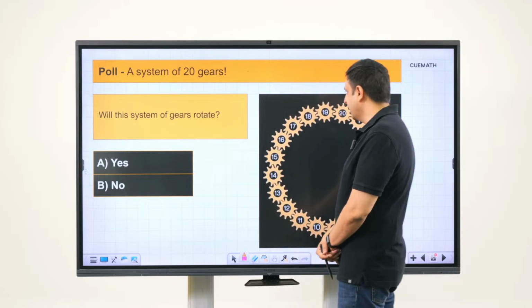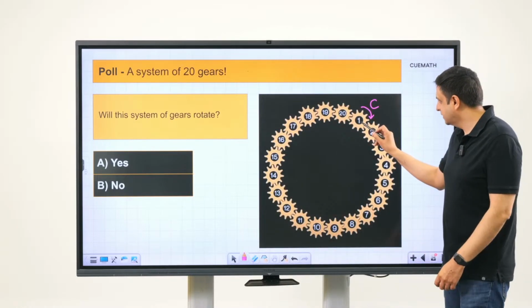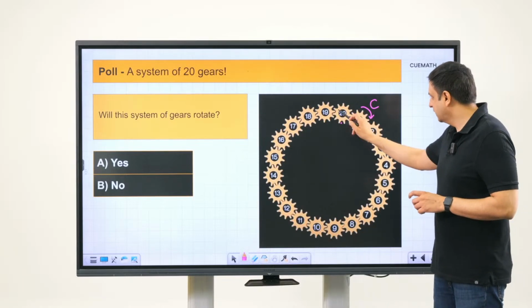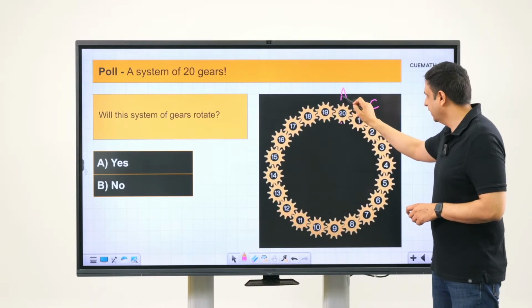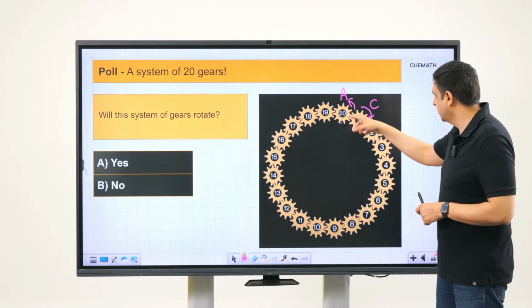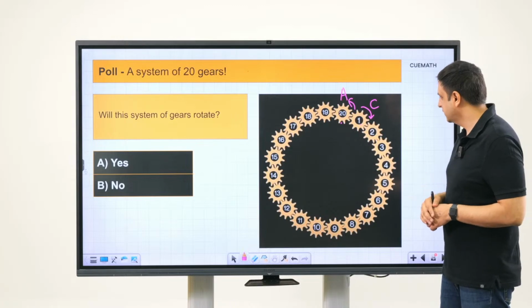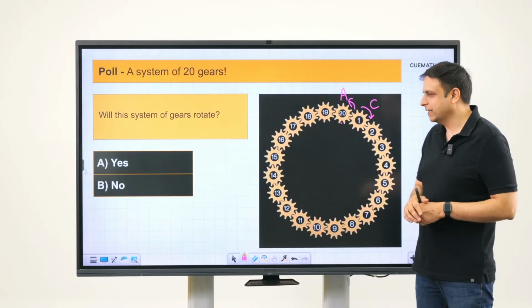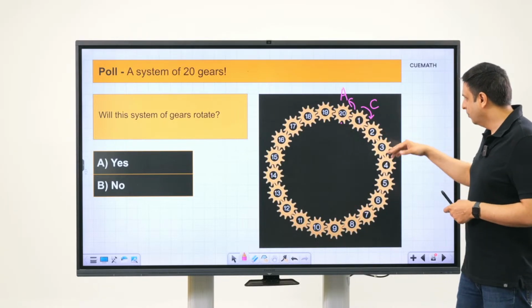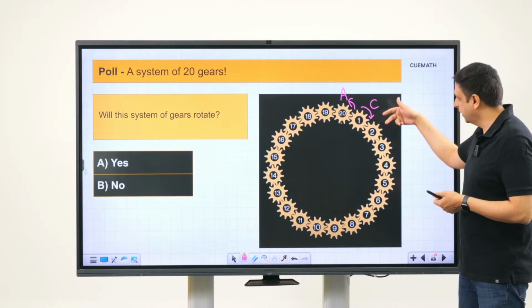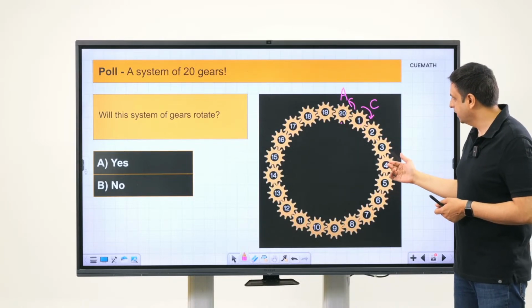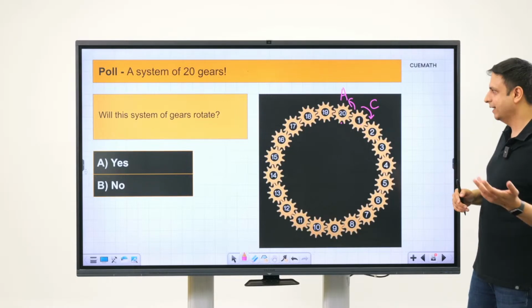Okay, so in this case, the first gear and the last gear are of different parity. Which means that gear number 20 here, the last gear, should be rotating anti-clockwise, and that works for us. So this whole assembly will actually move. If you rotate this gear, the whole assembly will move, but the direction of movement of each gear will alternate. If this is clockwise, then all gears at odd numbers will be clockwise and all gears at even numbers will be anti-clockwise.